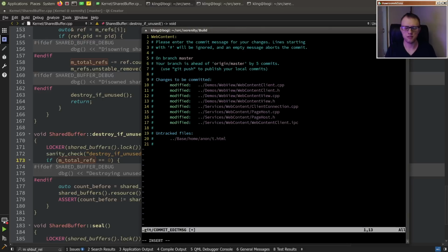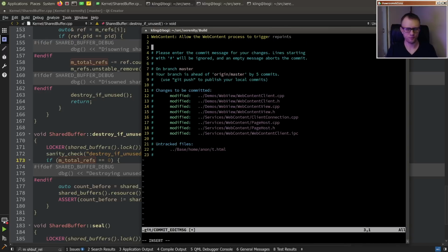Web content. Allow the web content process to trigger paint invalidations, trigger repaints. After layout, we may want to repaint the page. So allow